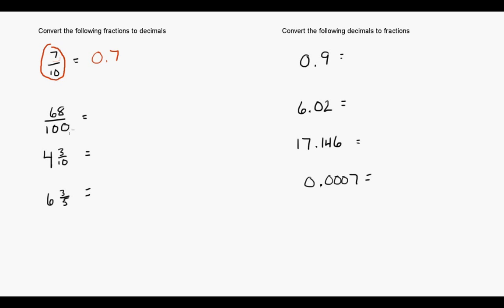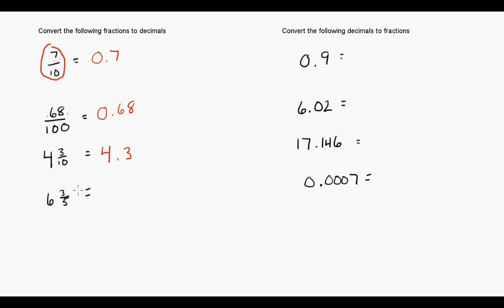Here we're dividing by 100. So the decimal place is going to move 2 places. So if the decimal place is here, it's going to move 2 places over here. So we're going to get 0.68. Now we have 4 3/10. Now if you remember earlier in the video, I broke down a decimal into its parts. So we had a whole number part, so that's going to be the 4. And again, the 3/10. 10 divides into 3,